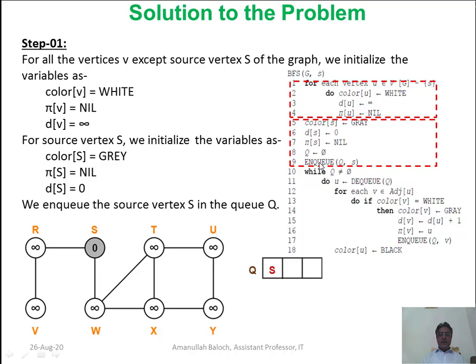Then in line numbers 8 and 9, we will take a queue named Q, which will be empty at the start, and then we will enqueue the source vertex S into this queue. We perform enqueue and dequeue operations on the queue.